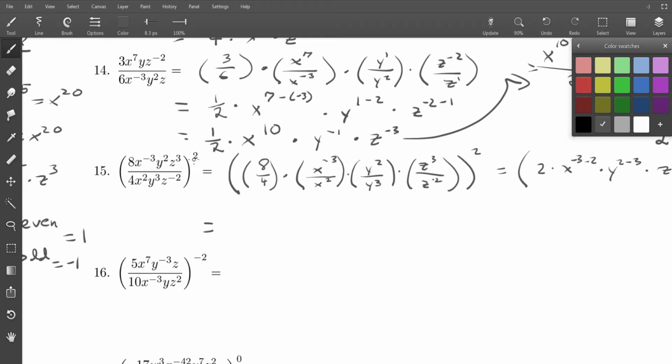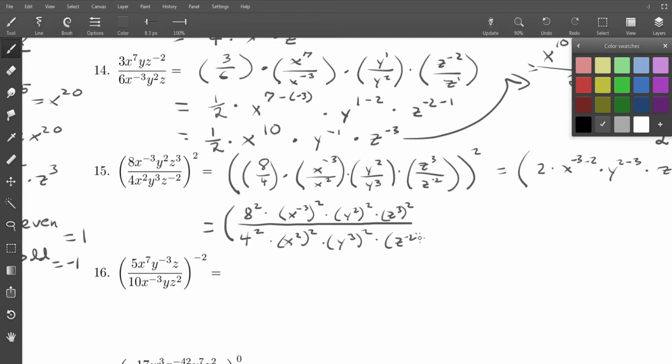So if I go ahead and distribute the 2, I will get 8 squared times x to the negative 3rd squared times y squared times z cubed squared, all of this over 4 squared times x squared times y cubed squared times z to the negative 2 squared. And then I've gone ahead and gotten rid of this outside exponent,